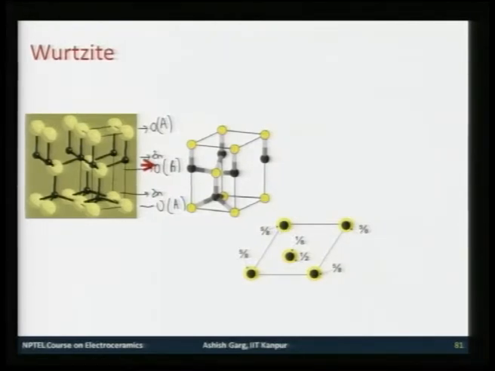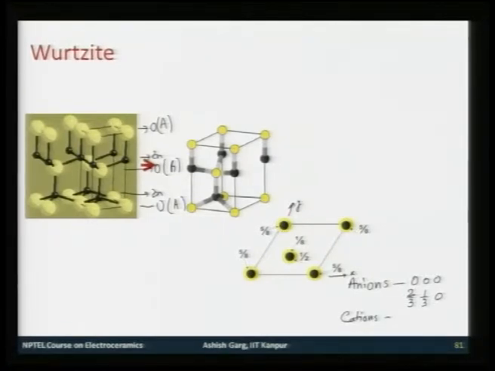So, your anions will be at 0, 0, 0, and if I consider this as x and this as y, then my anion would be 2 by 3, 1 by 3, 0, depending on how you look at it, it could be 1 by 3, 2 by 3, 0, or 2 by 3, 1 by 3, 0, and cations will be at